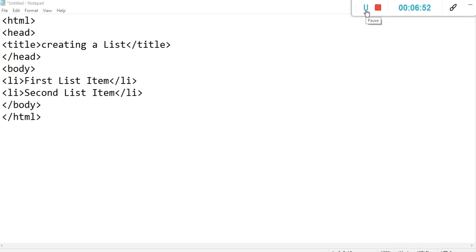See, I type the program here: HTML, head, title, then head close, body, li tag is given, body close and HTML close. In this program, this is the opening tag. If a slash is given here, that means it will close the tag. This is your closing tag and this is your opening tag.